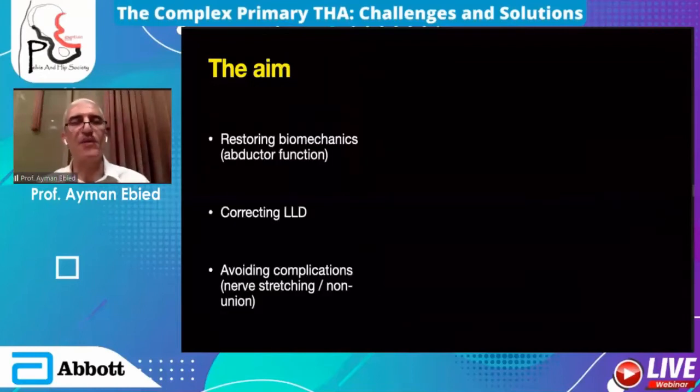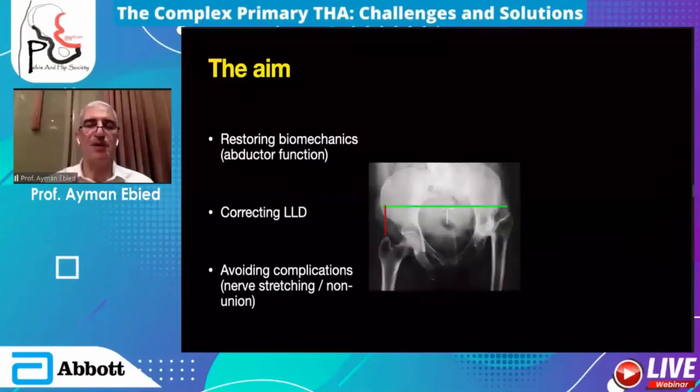The aim of the reconstruction that we perform in cases of hip dysplasia is to try to restore the biomechanics and the abductor function. If you look at the preoperative X-ray and the plan for it, you need to correct the leg length discrepancy, but you also need to restore the offset of the abductor mechanism and avoid complications. And we know that if we stretch too much while trying to bring the center of rotation down, bring the femur down to correct this leg length